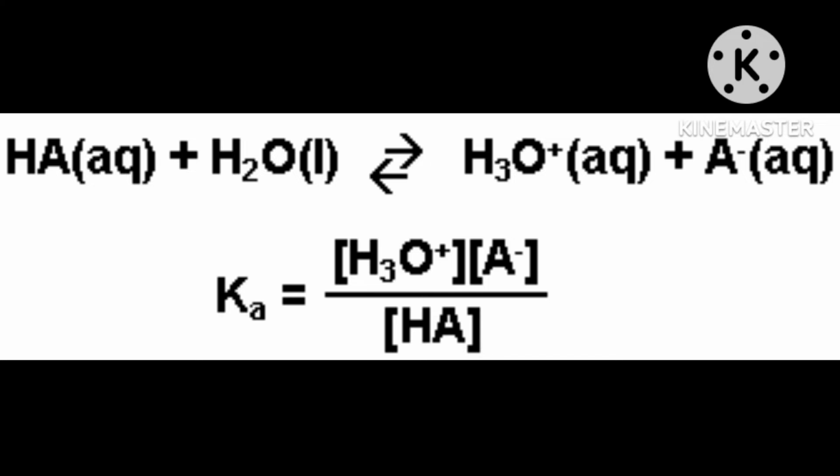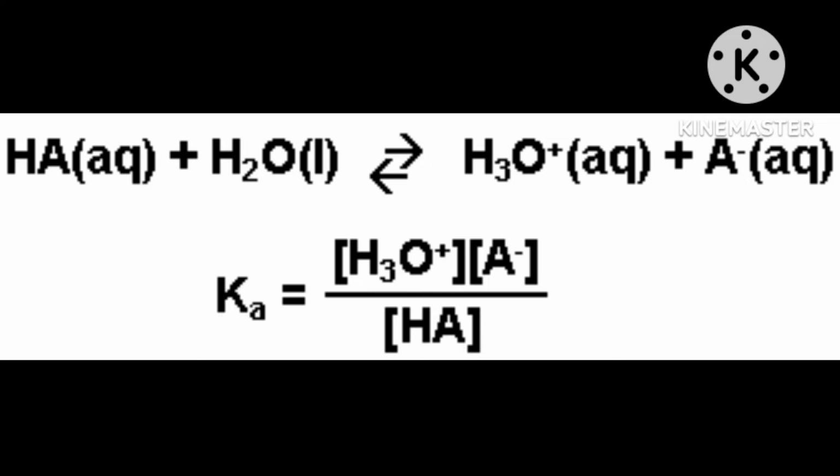For example, an aqueous solution of sodium chloride NaCl is comprised entirely of sodium ions and chloride ions. It will dissociate fully into sodium and chloride ions, while that of acetic acid